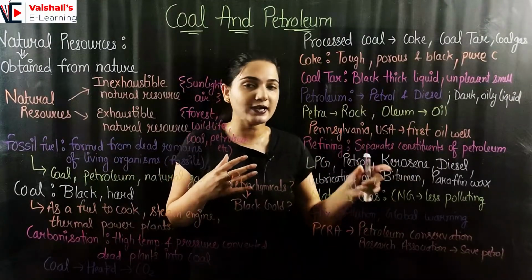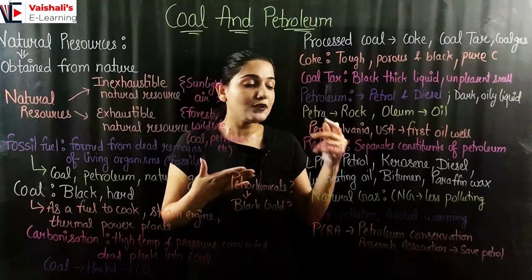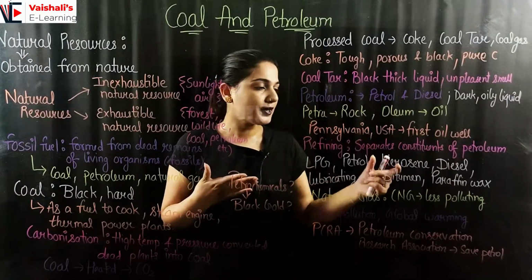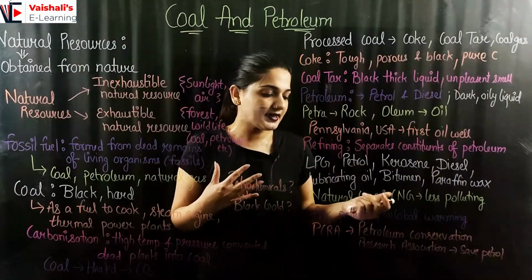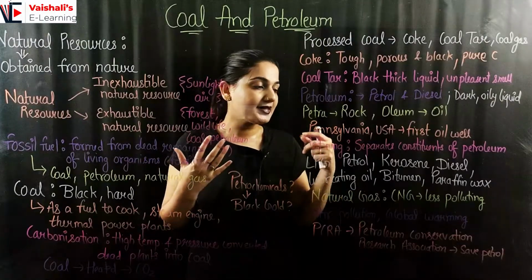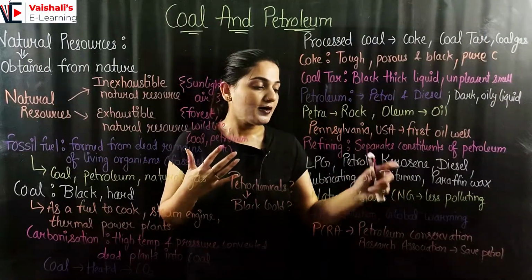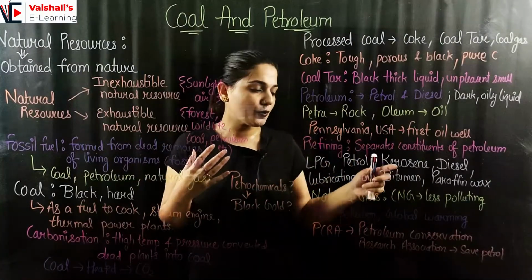Then we have bitumen, which is used for the metallization of the roads, right? We use bitumen as an advanced product over here. Then we have the paraffin wax, which is used for making candles and other substances. Then we have the natural gas. I told you natural gas is less polluting. It is used in our daily lives as CNG, and a lot of vehicles are running on CNG, which